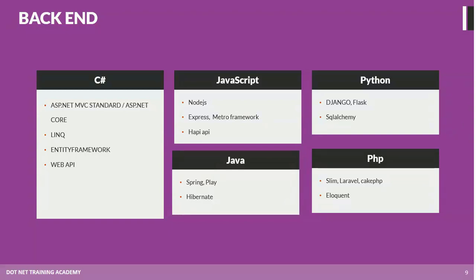So Node.js is cool. If you only learn JavaScript, and you don't want to convert or pick many languages, you can stick with JavaScript, and you can directly move to Node.js and pick any framework like Express or Meteor, and you can make use of that. If you want to do some API stuff, you can do that using Hapi, which is a very good API platform. And Python is a very easy language, and it has a lot of cool features, a big community,